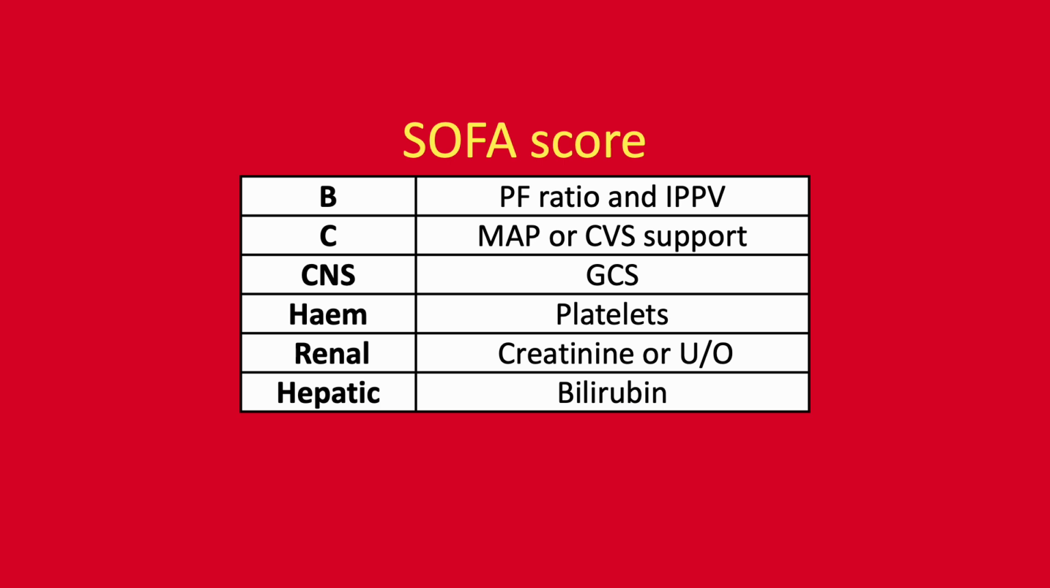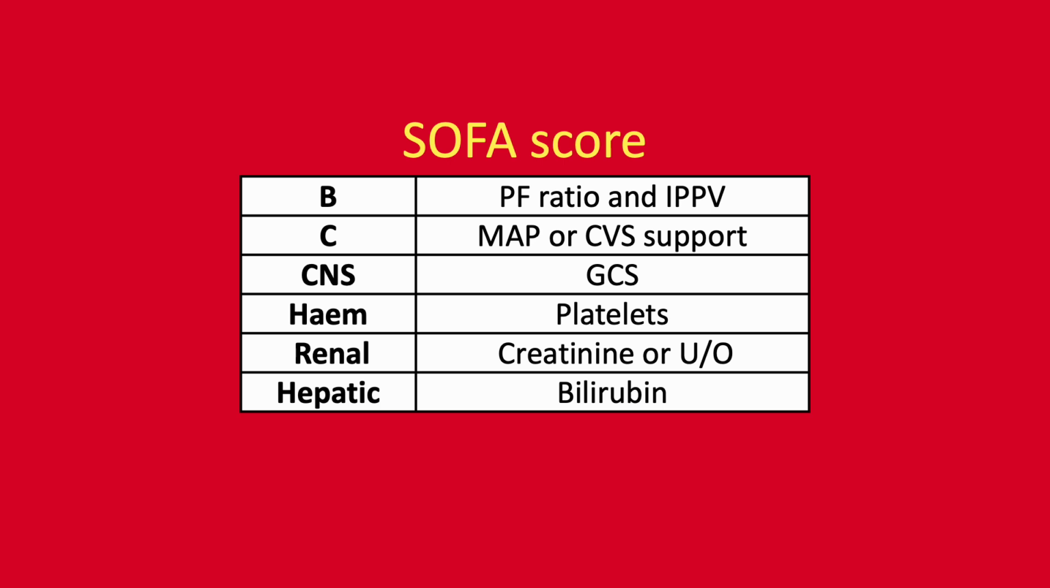worth 4 points. These are categorised into breathing, the PF ratio and whether the patient is intubated and ventilated; cardiovascular, the patient's MAP and the degree of cardiovascular support; CNS, relating to the GCS; hematological, thrombocytopenia; renal function, which results in an elevation of creatinine or low urine output suggestive of acute kidney injury; and finally hepatic dysfunction in the form